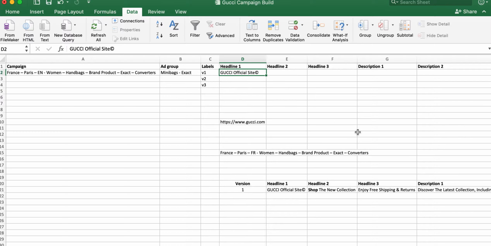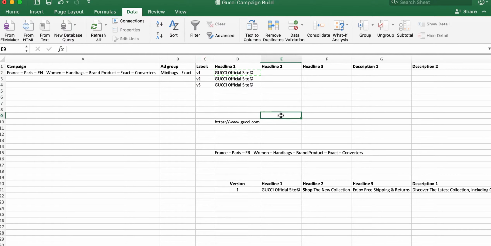So here we've written Gucci official site. If you type in Gucci on Google, this is what they typically do. So we're going to homogenize the first headline of all 3 variations. The point of 3 different variations, just as a recap, is that you want to test different messaging as part of your ad to see if that has an effect on whether or not people click the ad. So because we're focusing on Gucci, we're just going to keep the overall brand name as the first thing people